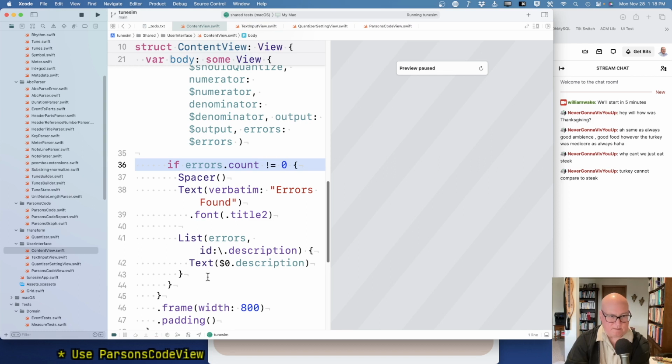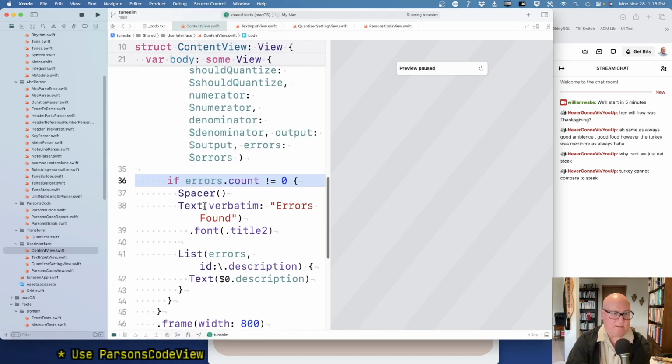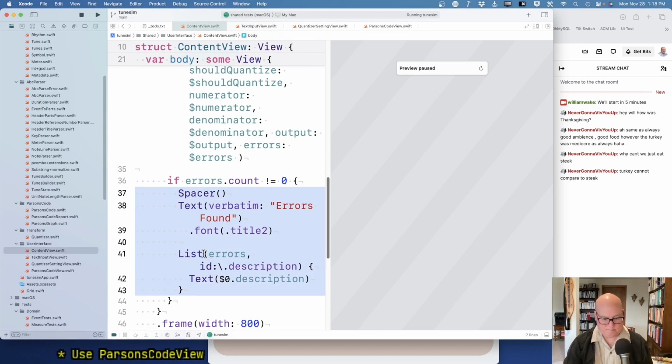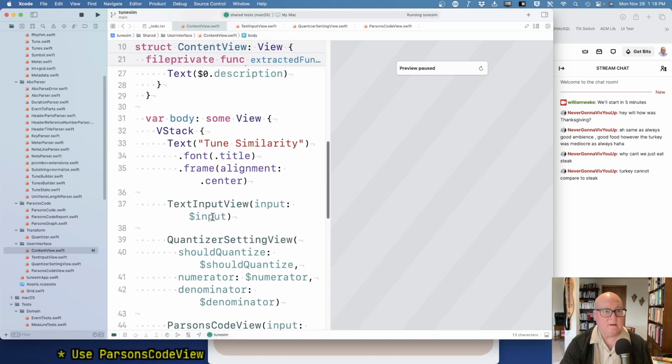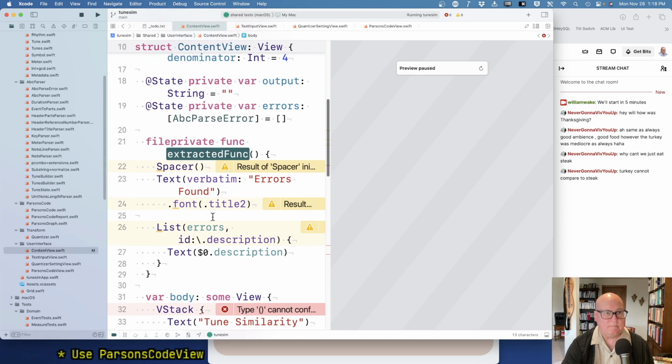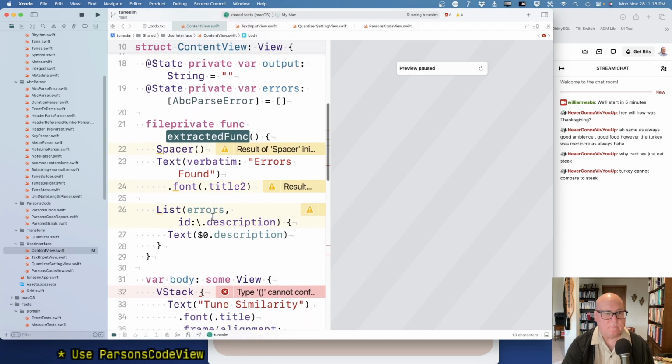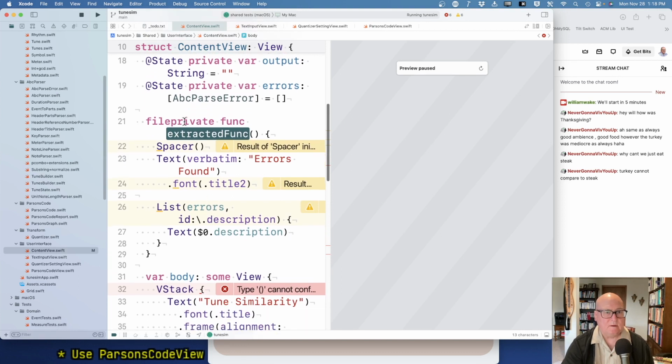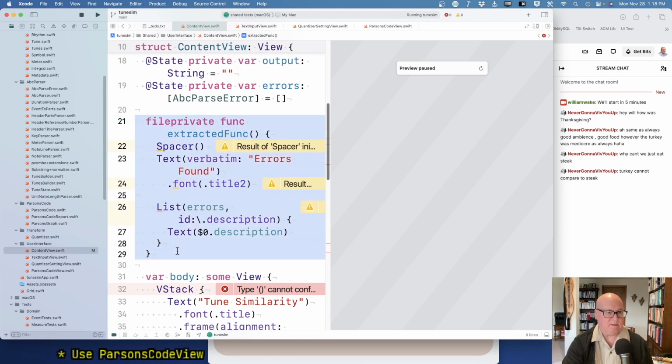Well, this almost looks like a little view too. Let's go ahead and extract it. Maybe it's the ErrorView. I don't know if I can do this. No. Okay. Oh, again. I'm going to rename it eventually. Actually, I don't even want that. I want